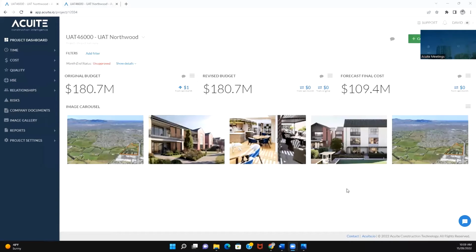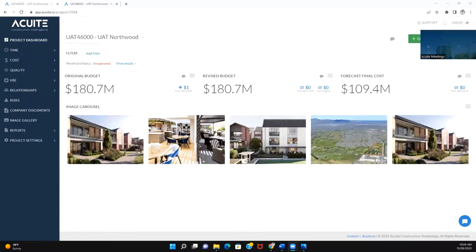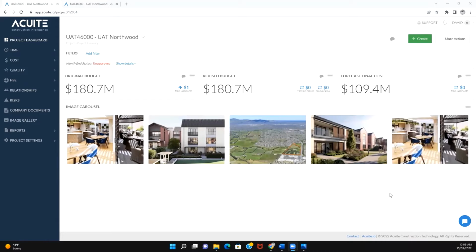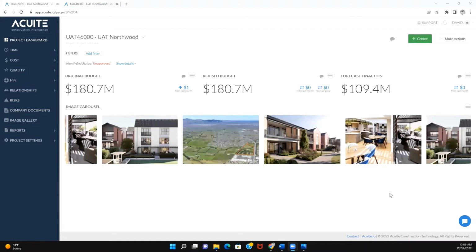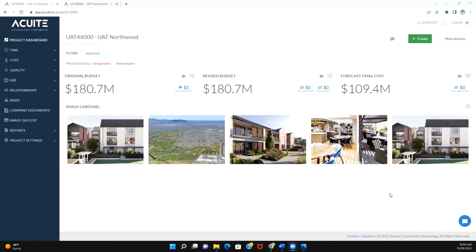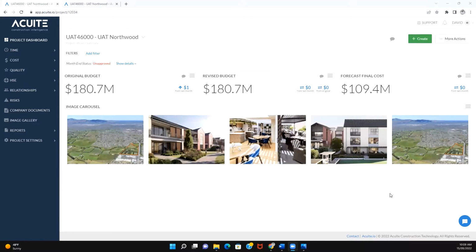In this video, we're going to run through the basics of the Acuite forecasting feature. This tool integrates with Procore's financial module to sync the work breakdown structure and its associated elements, line items, job costs to date, and so forth. You can then create your forecasts off this information in Acuite and sync it back to Procore to update your